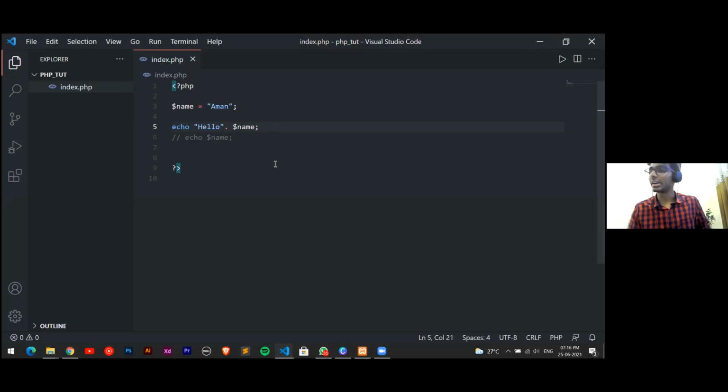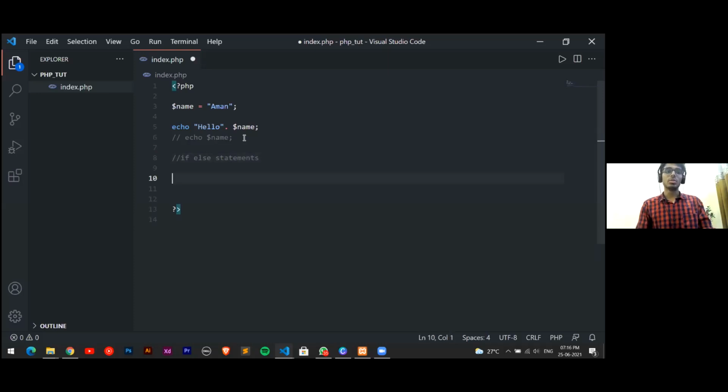Now we have created a variable and used an echo statement so that we can display anything on our web pages. For today, we'll just see the syntax for the if else statement. Anyone from a programming background or who knows basic programming will know these things already, but I'm assuming there are some who haven't touched programming. That's the reason I'm covering these basics over here.